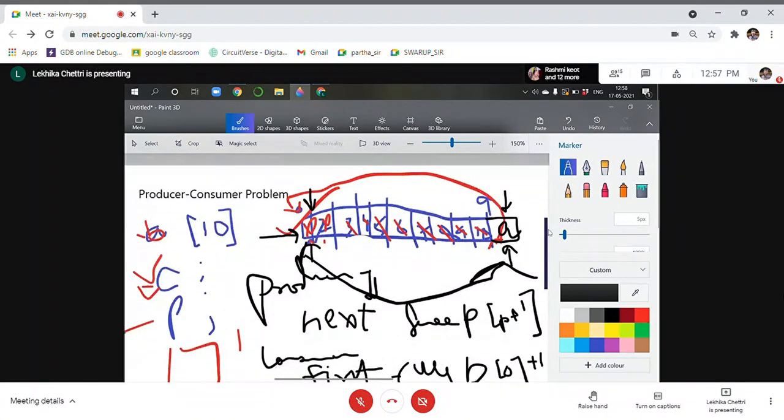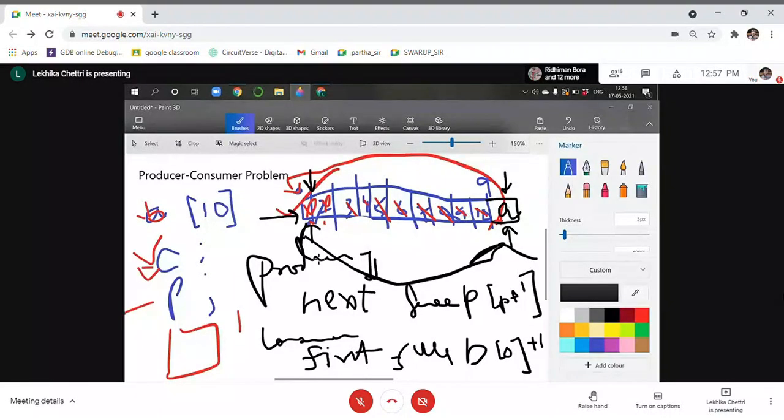First of all, you will have to declare a buffer. Then you will have two processes, that means two programs: one is the consumer, another is the producer. If you want to write the program, you will have one buffer, one part of the code where the producer continues to produce, and one block of code where the consumer consumes what has been produced. Both of them should work on the same buffer, and you can implement this buffer with the data structure of your choice.